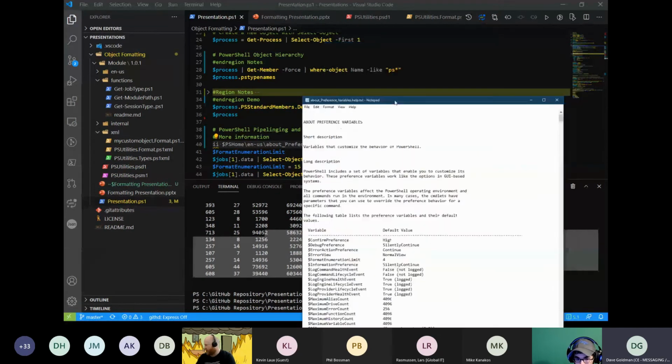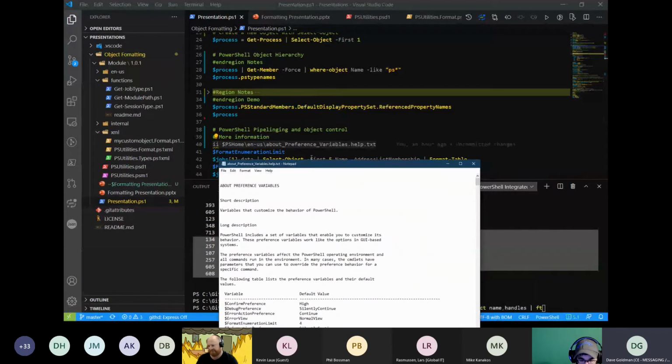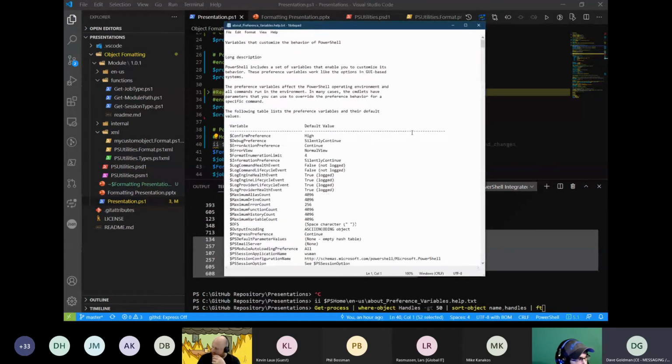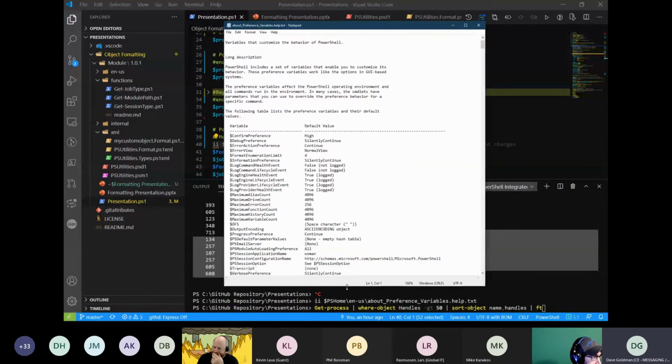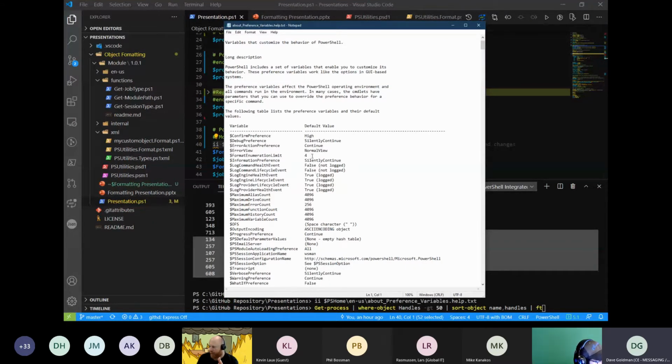For anyone that's not familiar with this, it's in the PS Home ENUS directory. This is where your help files are. And there's one called About Preferences. These are the default preferences that PowerShell uses when you start up a PowerShell session, and this will show you all of the default values. The format enumeration limit is by default set to 4.